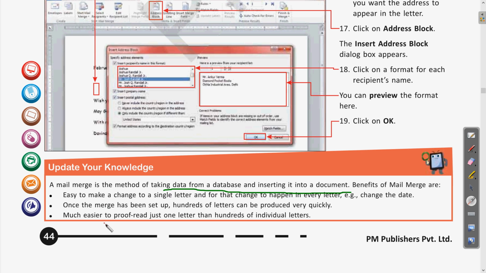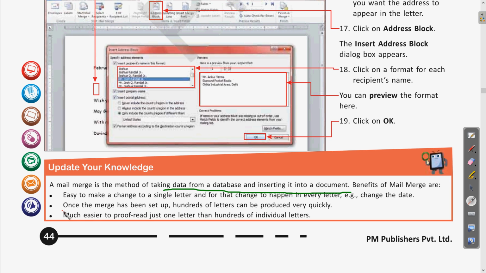Then much easier to proofread just one letter than 100 of the individual letters. Clear? So this is also an important thing, that if it is required to check that all the details are correct, only a single document is checked and all the documents will be checked.